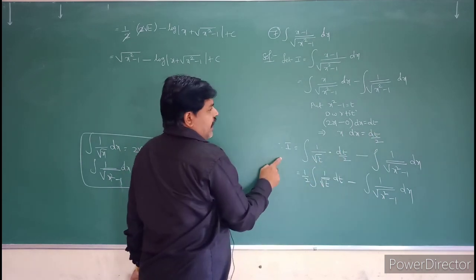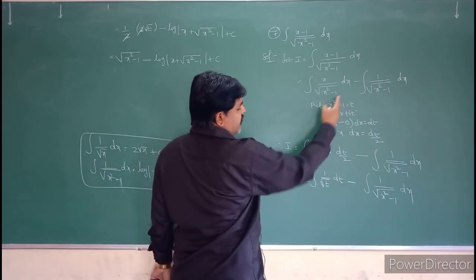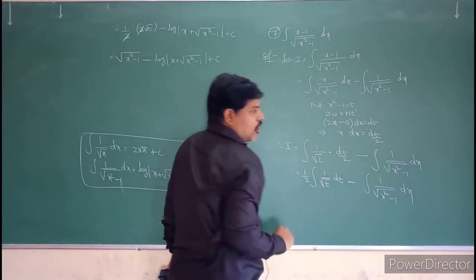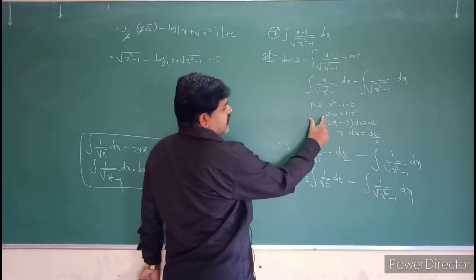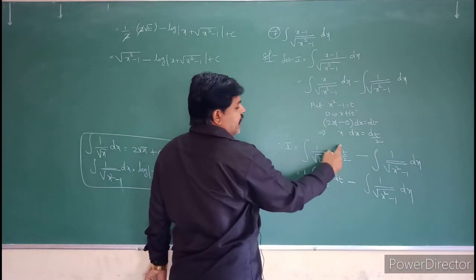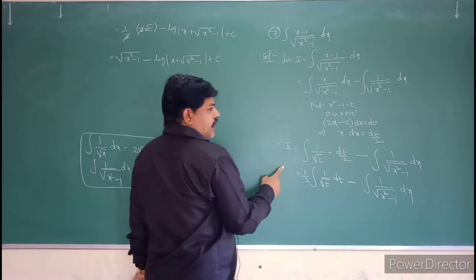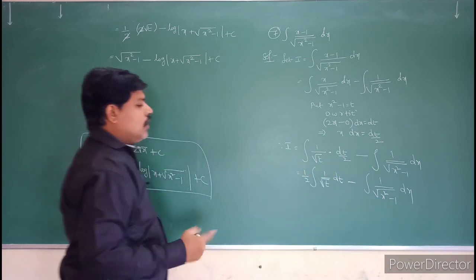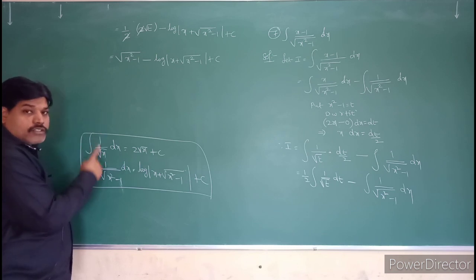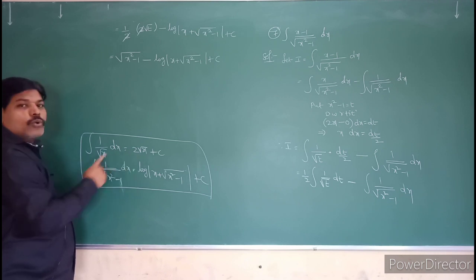So take the problem, I is equal to x into dx whose value is dt by 2. 1 by root of x square minus 1 is nothing but 1 by root t. The other term is the same; I am not changing the independent variable, I am changing the variable only in this term. So integral of 1 by root t into dt by 2 minus integral of 1 by root of x square minus 1. Take this 2 outside, 1 by 2. Now you have two formulas. Integral of 1 by root x into dx, I have already given the proof at the beginning of the formulas, is nothing but 2 root x plus c.